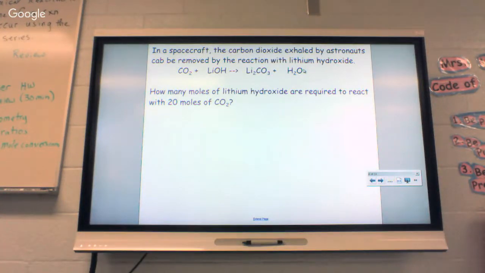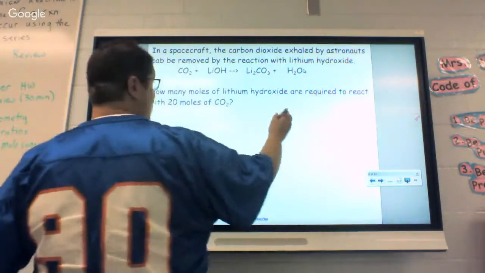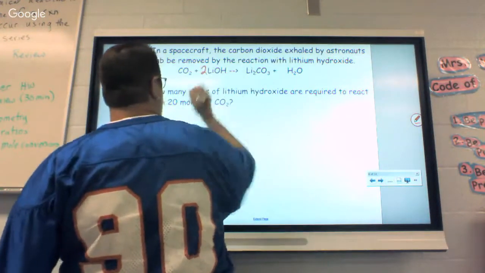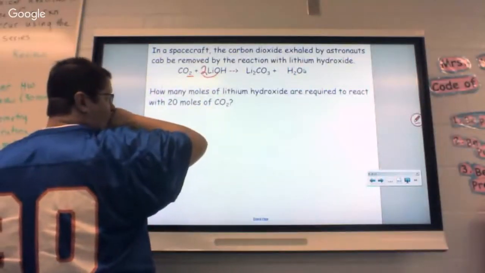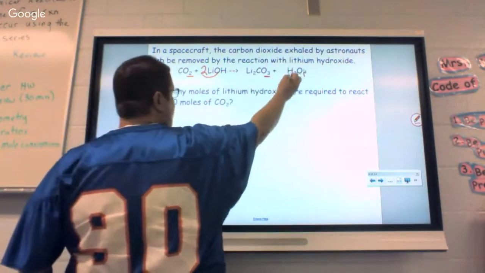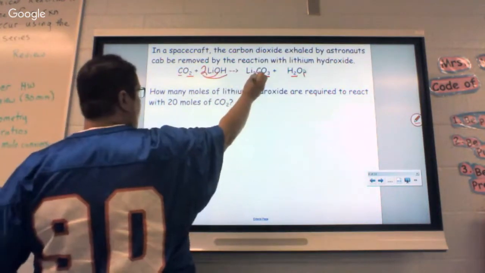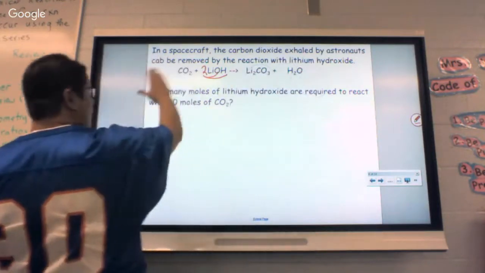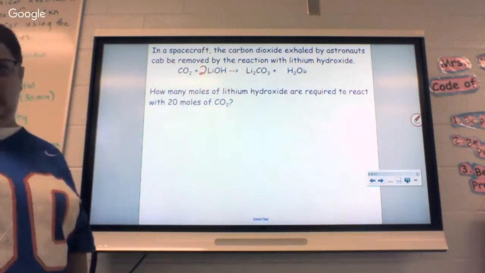All right, so if we have this equation, is it balanced? No. The lithium has how many? One on the left. All right, so 2 lithiums there, so we need 2 there. I have 2 O's and 2 O's, so that's how many? 4. There's 3 plus 1, so they're good. And then I have 2 H's and 2 H's, so they're good. And 1 C and 1 C, so the C's are good. Put that 2 there. All right, so, just like always,